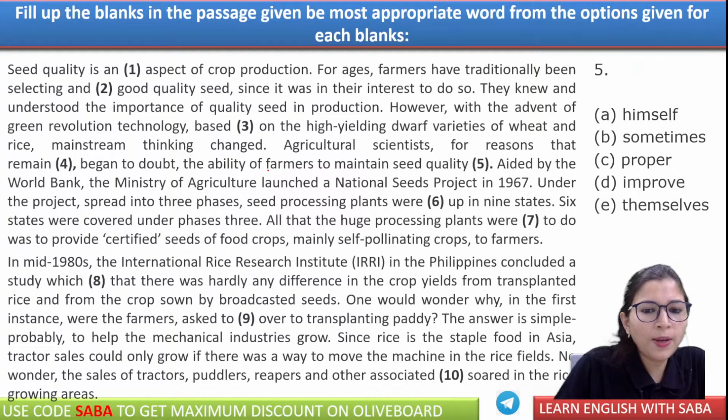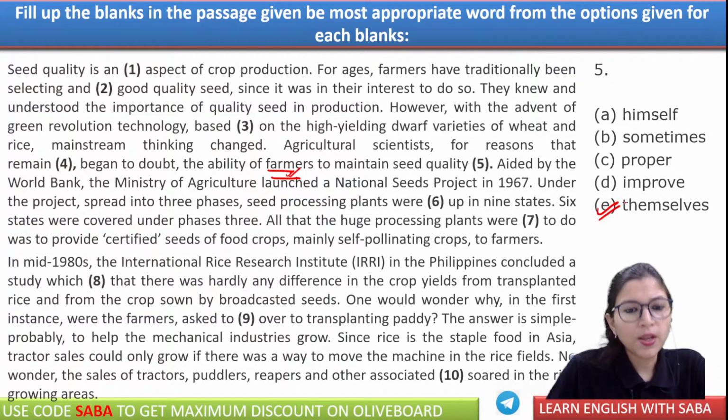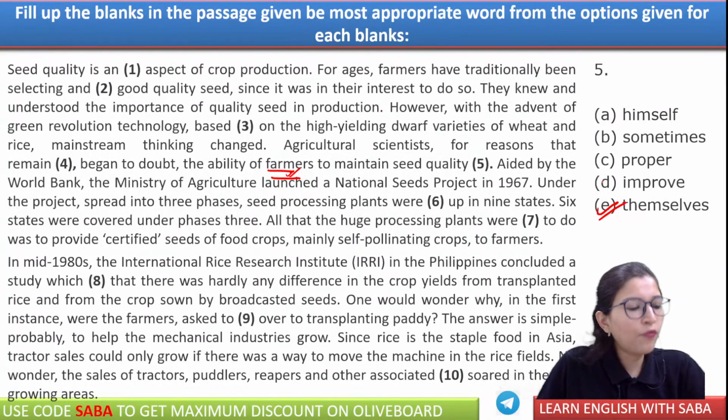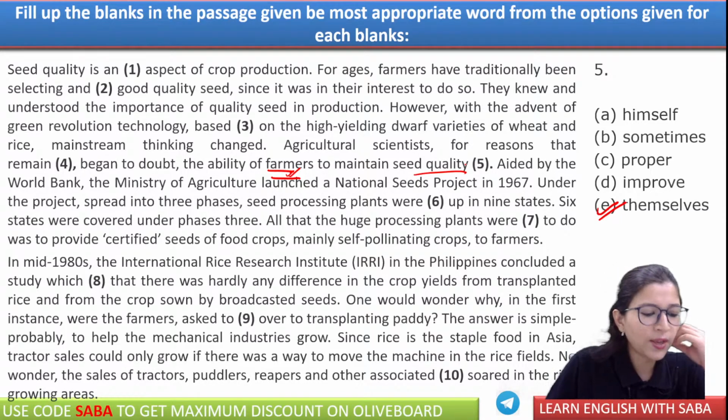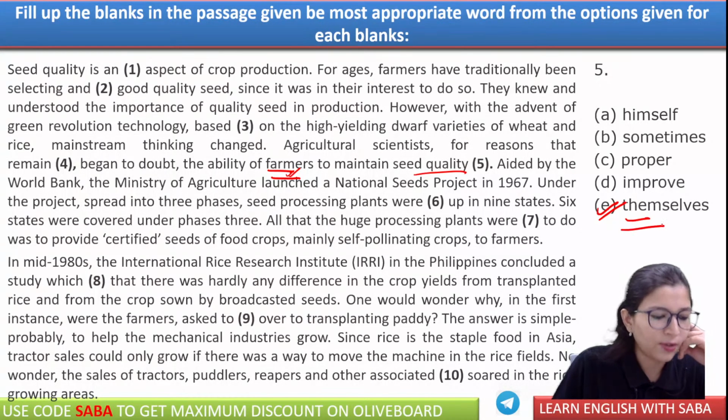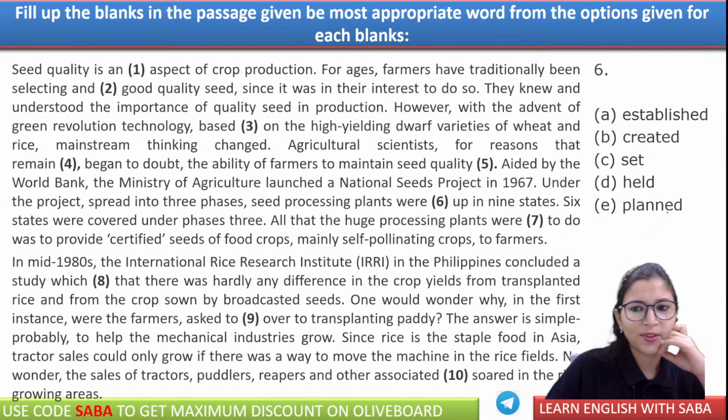So we are talking about the ability of farmers. Farmers is plural, so simply it will be themselves. That they began to doubt the ability, that is, they began to doubt the farmers' ability itself, whether they will be able to maintain the seed quality themselves or not. Okay, so yes, it will be themselves. Very good, good. Next,